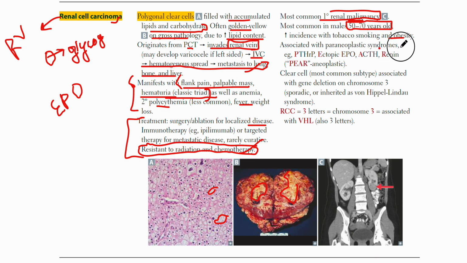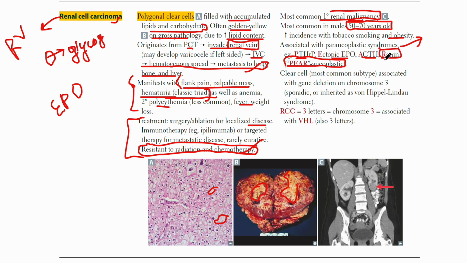Paraneoplastic syndromes are those spectrum of diseases, those endocrine dysfunctions, that arise in the presence of a tumor but are not directly related to the tumor itself. Examples are PTHrP, ectopic EPO, ACTH, and renin. So PER, paraneoplastic, you can remember it like that. PTHrP, parathyroid hormone related protein, will lead to hypercalcemia, ectopic EPO will lead to secondary polycythemia, ACTH will lead to Cushing's syndrome, and renin will lead to an increase in angiotensin 2 that causes hyperfiltration or increased